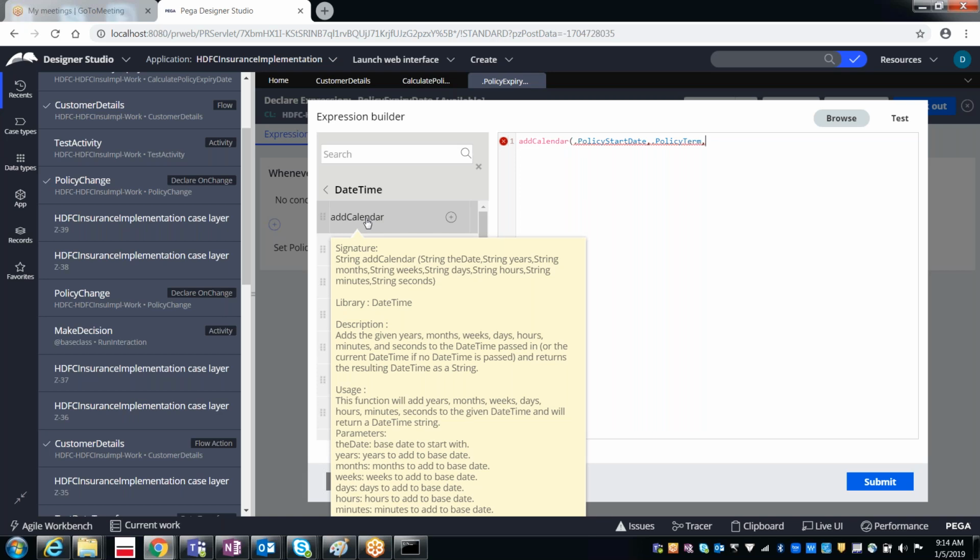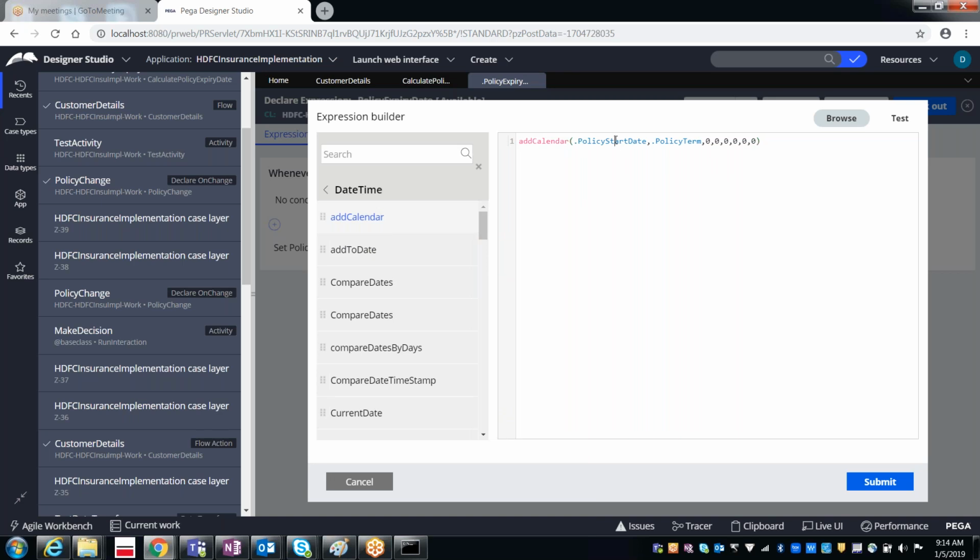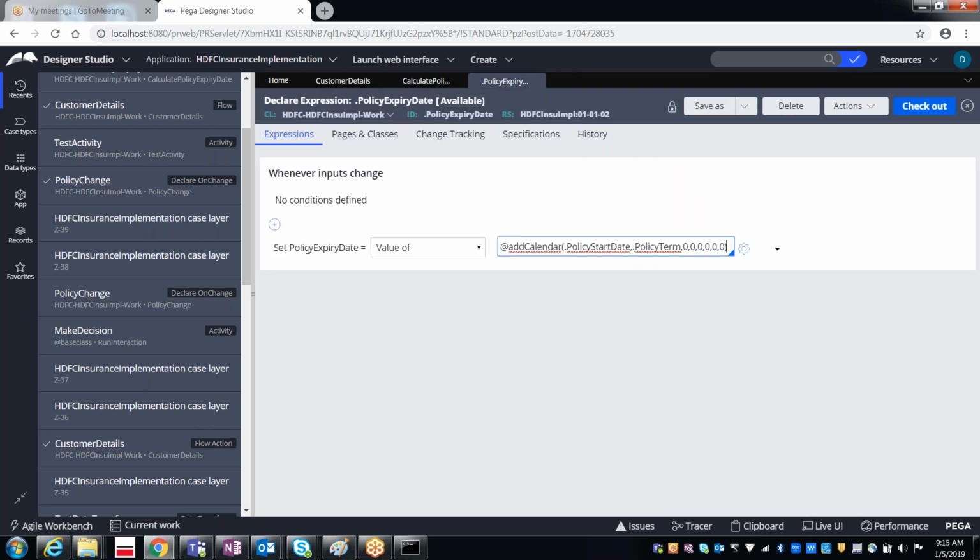But I don't want to add any more months, no weeks, no days extra, no hours extra, no minutes extra, no seconds extra. So all I am giving is 000. So for the start date, the policy term will be added, and then after adding this, it will be stored into the policy expiry date.